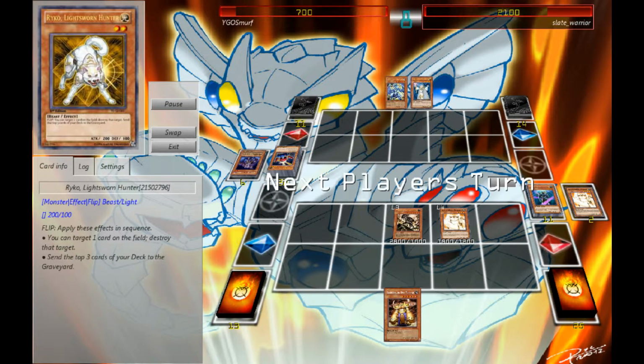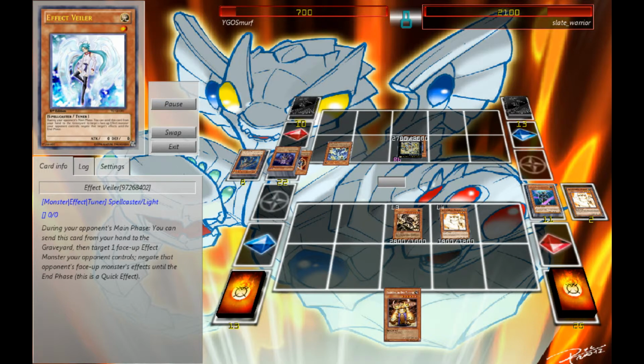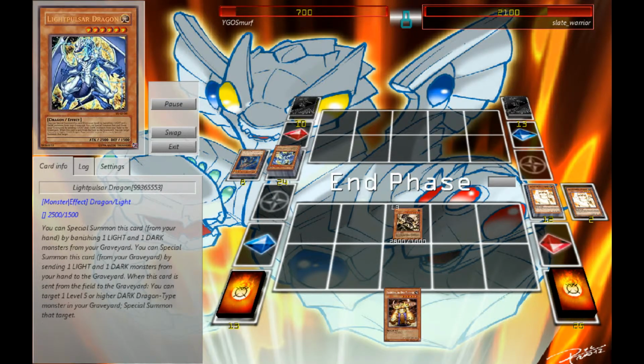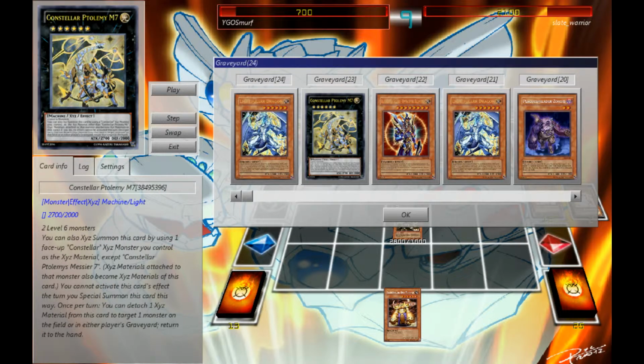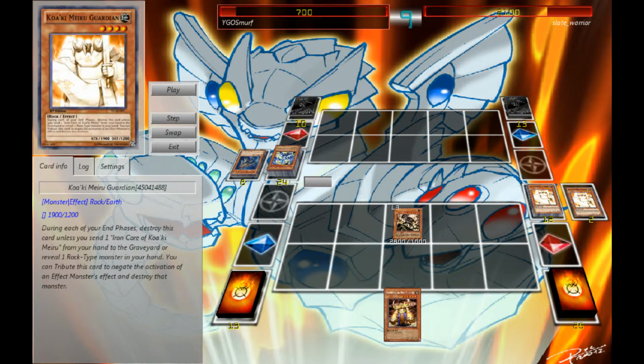But he's got a Pulsar again. Can he pull it out? I don't know. Let's find out. Honestly, I can't remember. He goes into that. Oh, but I negate it. And if he would have just stayed with M7 and attacked, he would have won, but he wanted to go into the BLS summon, and I stopped him